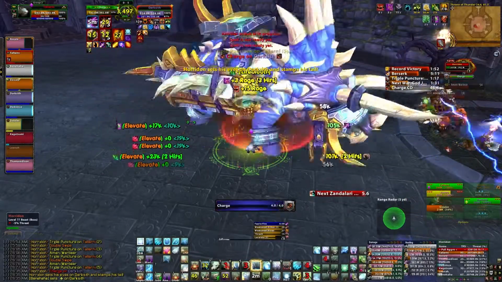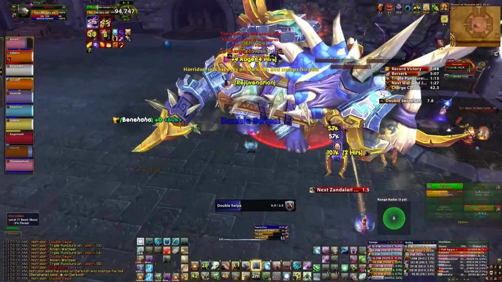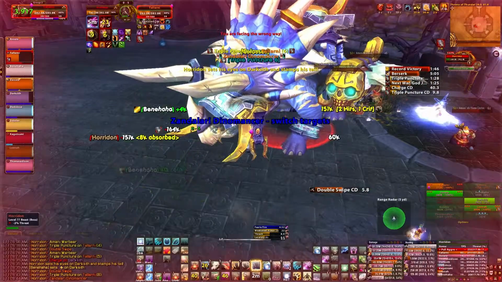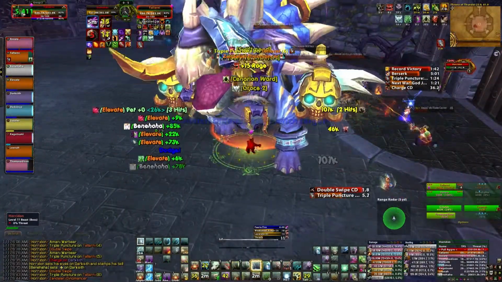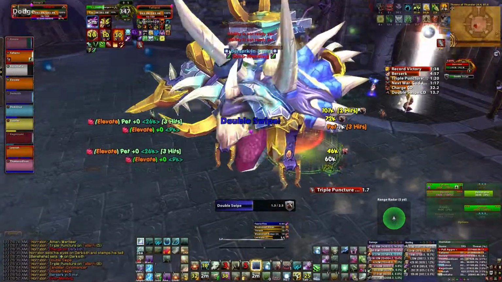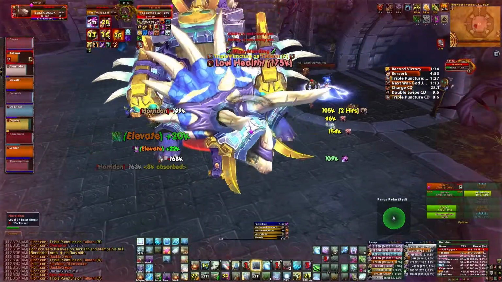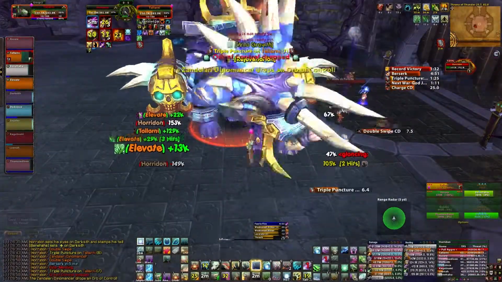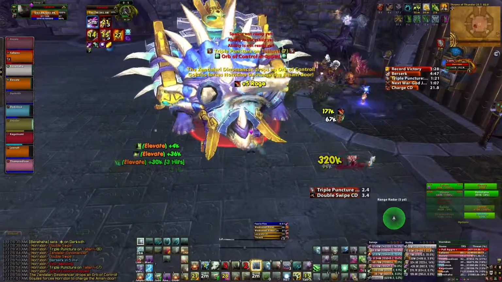Once he crashes into the gate, you move on to the phase where your DPS finally start taking down Horridon, and at this point he will be taking an extra 200% damage, and does nothing but double swipe and triple puncture. The tanks can tank swap. At this point we had Horridon quite low. Now when he reaches 30%,